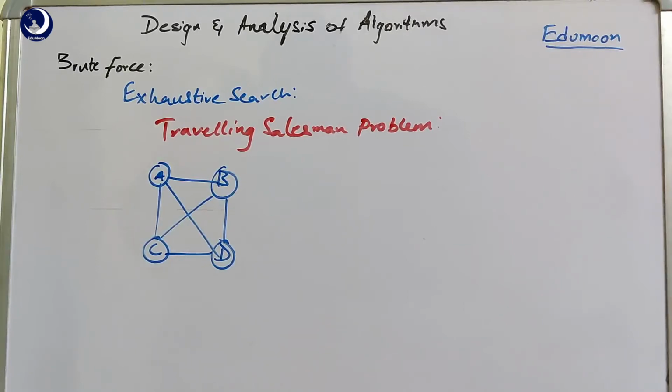Now consider that this graph is a weighted graph also, so each edge has a weight. For example, we have taken some weights for each edge here. There are many Hamiltonian circuits in this, and the traveling salesman problem is the one which gives the path with the least weight, that is the least total cost of the weights, as the output.